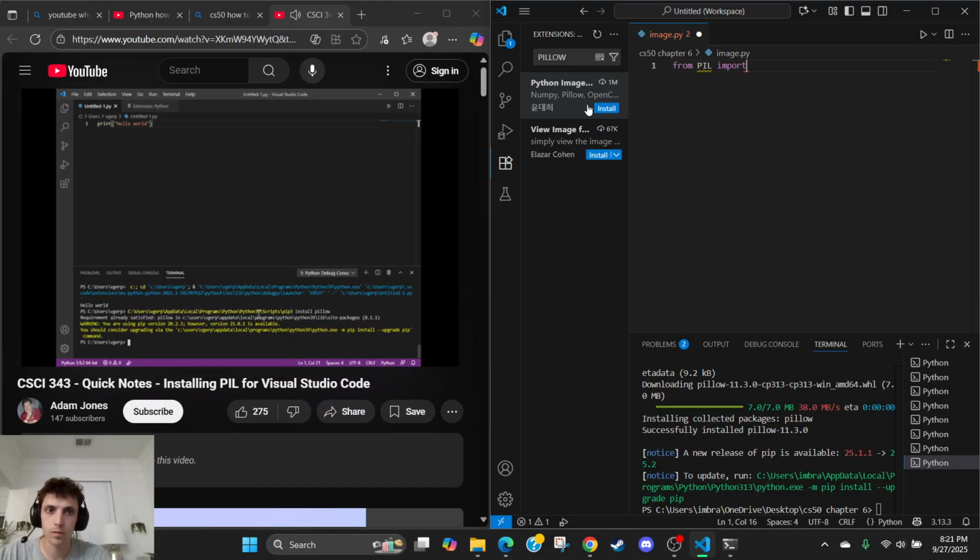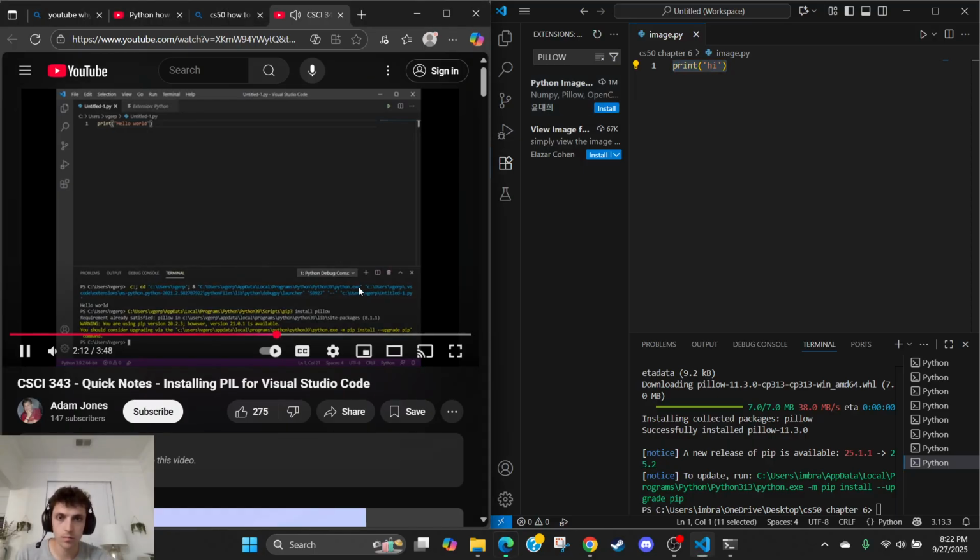When you type this and you hit enter, it'll start downloading Python image library or Pillow, the new version of that. And that should then allow you to